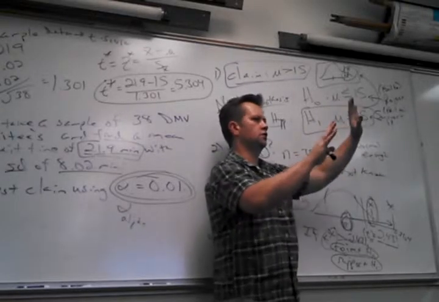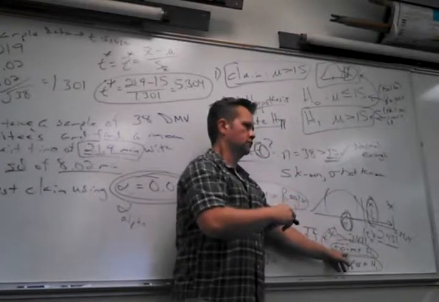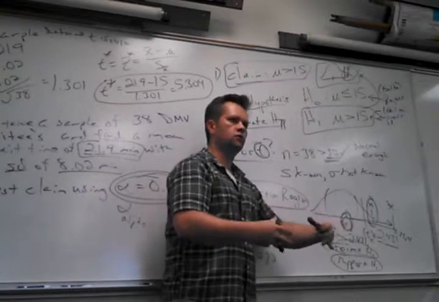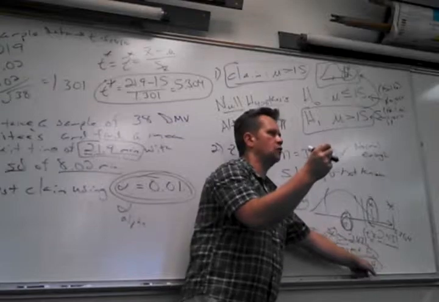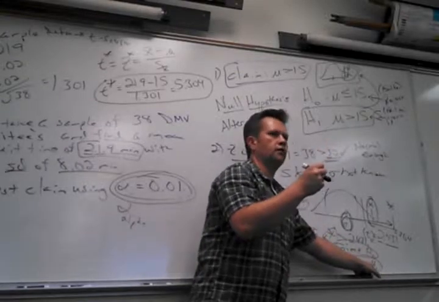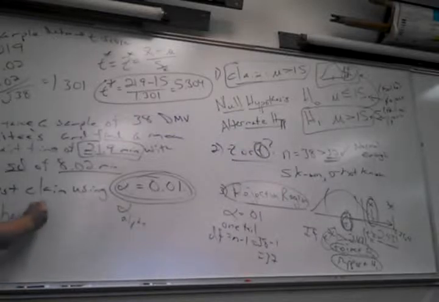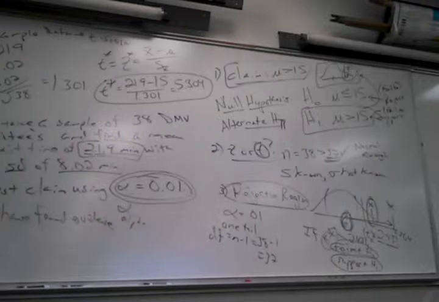I like it. Let me go through this one more time. Once you get your answer, you look at what your claim was and you word it using that phrase. So we rejected the null, but my claim is the H1. So we support the H1. So we have found evidence to support the claim